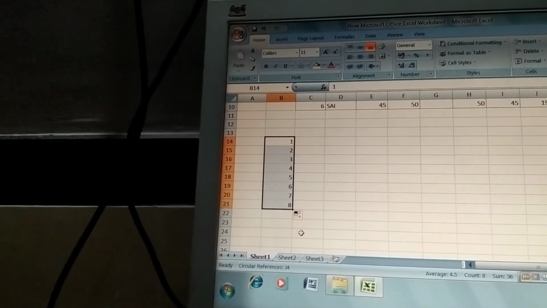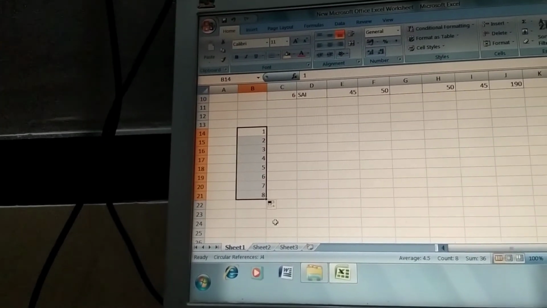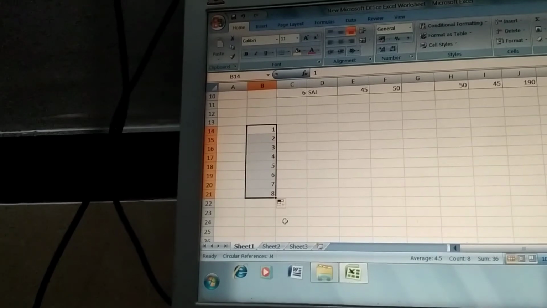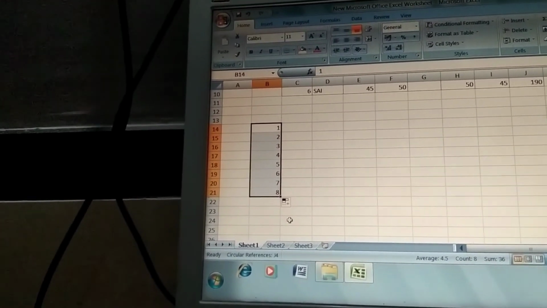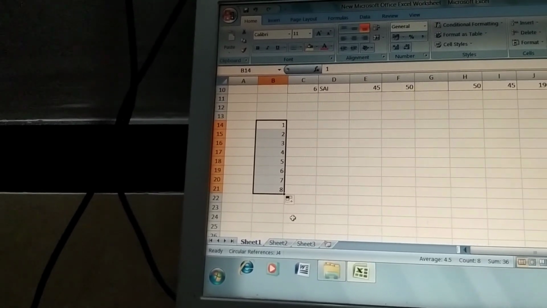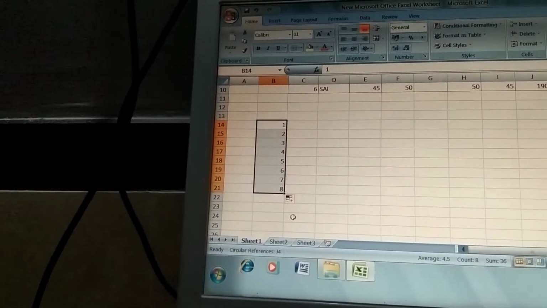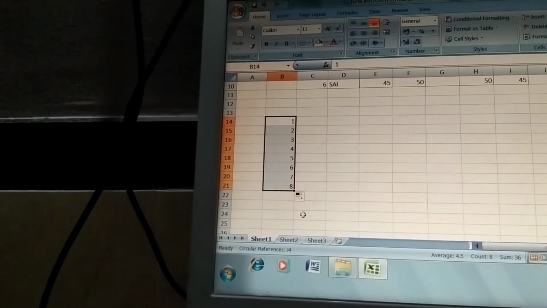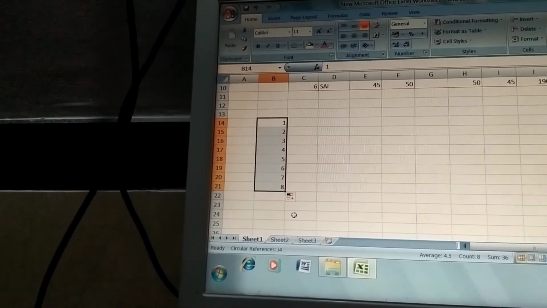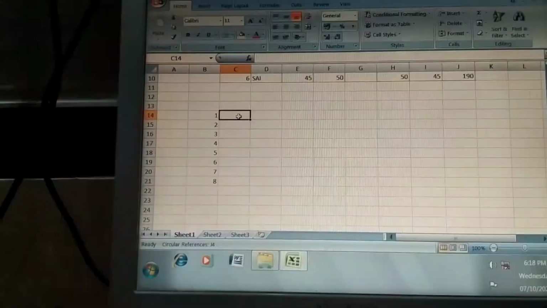So number, otherwise January, February, Sunday, Monday. There is no need to type every cell. Only the first content you want, number, week, Sunday, Monday, a day's name, or any month, January, February, only the first name you have to enter there, and simply drag your mouse and click there, fill series. Okay, so this is called autofill.